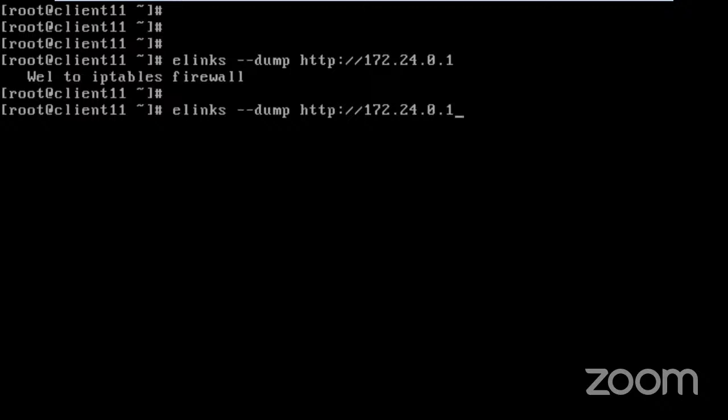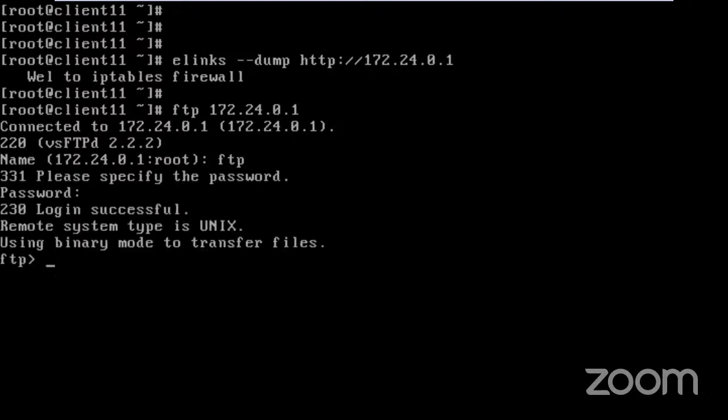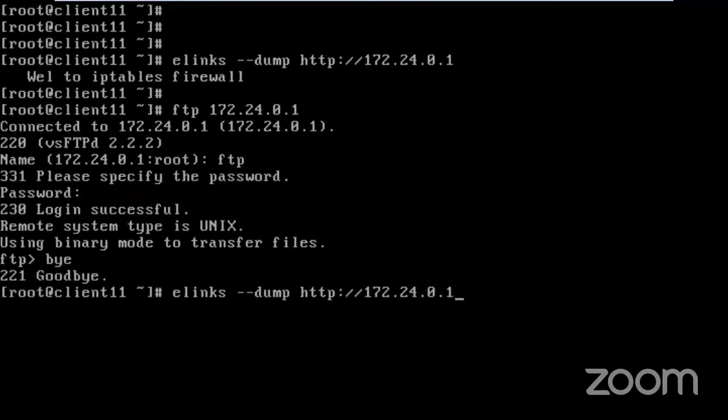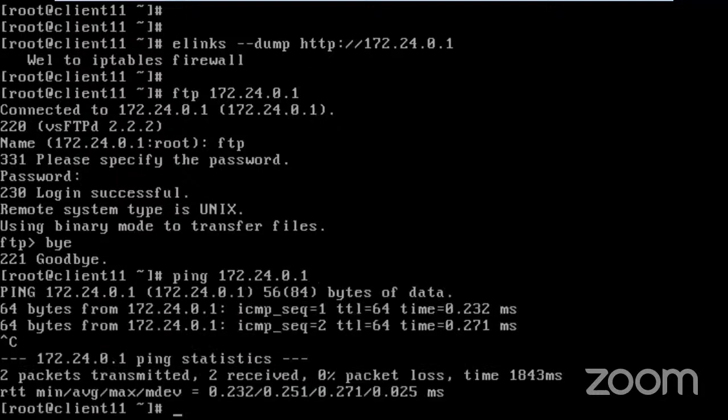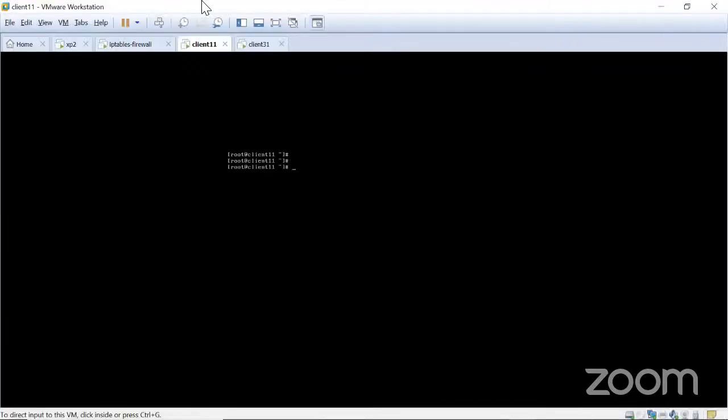Now, the last server that I want to check is the FTP server. Because first of all, we want to see whether everything is working properly or not. So when I have to use FTP, please remember, whenever you download anything from the internet, by default they have implemented an FTP server there. By default, the username is FTP, password is also FTP. So that means successfully we are able to access. Now, the last thing that I want to check is whether ping is working or not. Ping is also working. So in our case, everything is working perfectly.